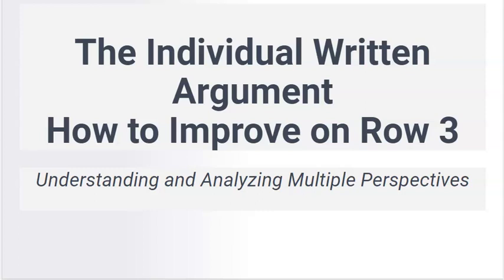Today we're going to put some focus on how to improve our individual written arguments, in particular focusing on row 3 of the rubric for the individual written argument. This is where students will be evaluated on how well they understand and analyze multiple perspectives. So in this short video we're going to talk very briefly about some common mistakes and then how you can take the work you've already done and improve upon it so that you can improve your score on this row